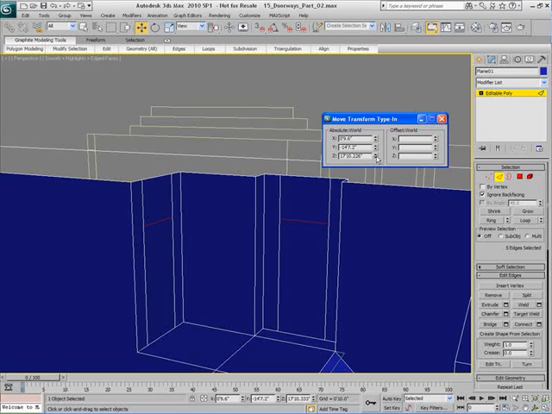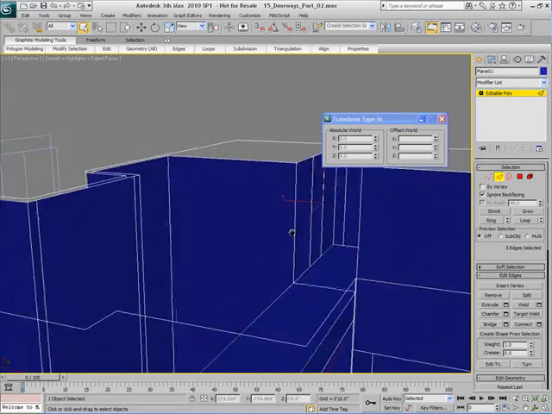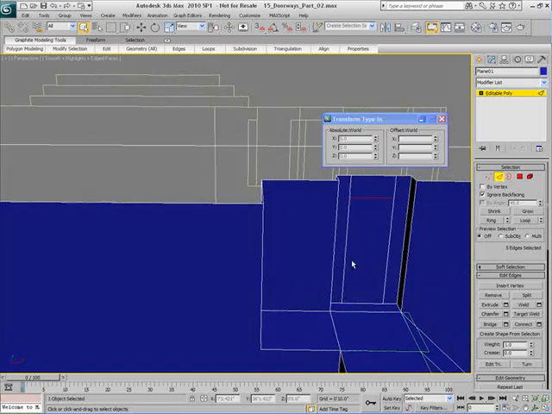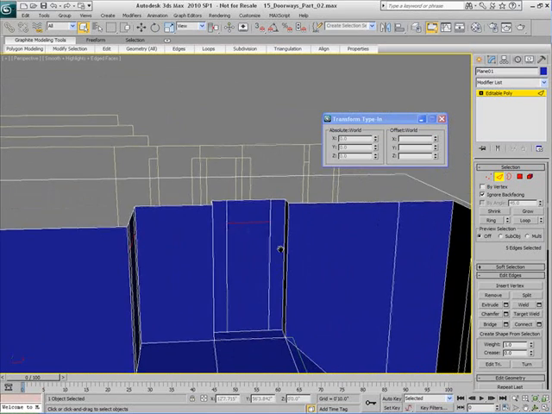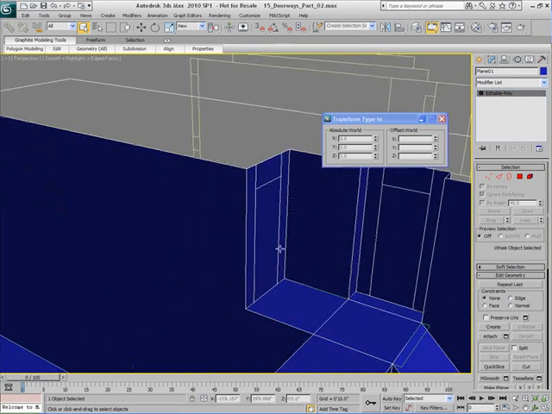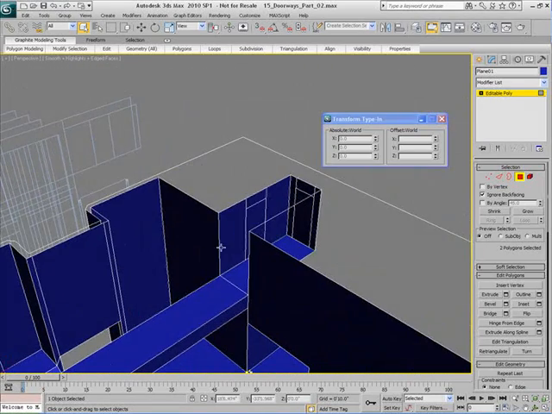And I'm just going to eyeball it, just freely move it into position. About there is fine. I know it's not exact, but I'll worry about exact measurements a little bit later. Alright, so that's going to do it for the second floor hallways for the moment. Let's just take these polygons that we've created,